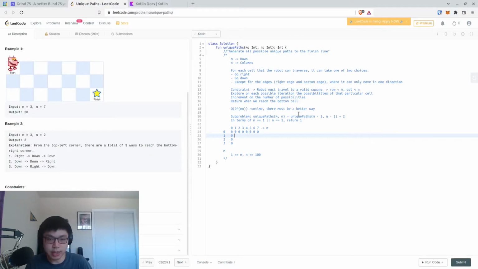And of course we know that if one of them is 1, then there is only one path. What about 2? Well, for 2, we know that the number of paths in a 2 by 2 grid is equal to the number of paths in a 1 by 1 grid